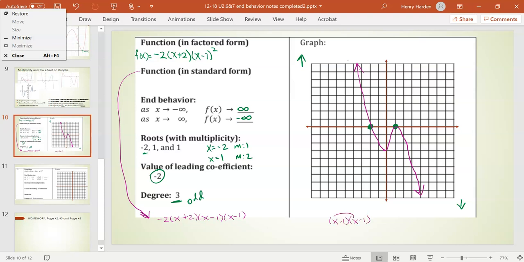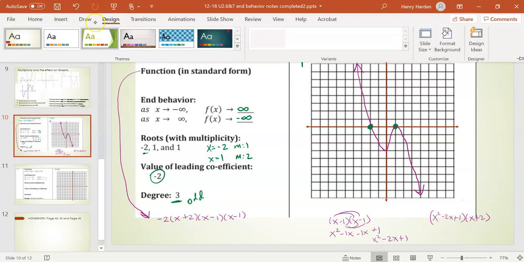I'm doing this one time. I'm not going to multiply these out every time. And so I got that. This is going to be x squared minus 2x plus 1. Okay, now once I have those two multiplied together, I got to multiply by x plus 2 now. And so now I'm going to multiply that together. So that's going to be,